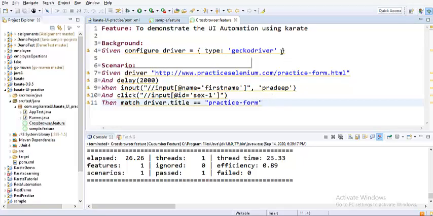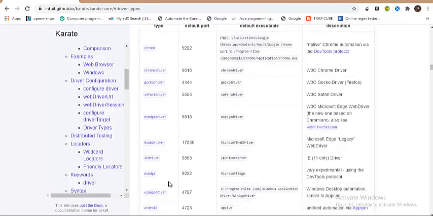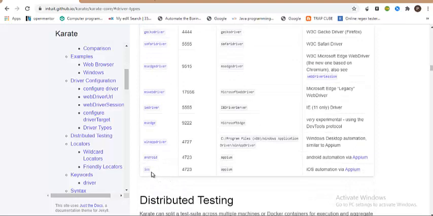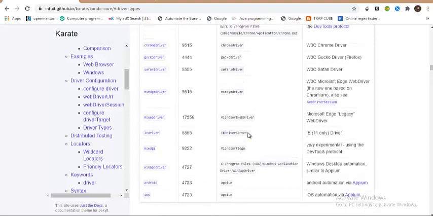And there are a lot of other parameters, like if in case you wanted to run your script in Safari driver, you can specify this thing. And if you wanted to run in your Microsoft Edge, you need to specify this particular keyword in the type. And you have seen there are a lot of types, so based on the keyword that you specify, accordingly that particular browser would be launched. So these are the two things which would be used for Appium when you are working with mobile automation, and you can also use for Windows desktop automation using WinApp driver, and for Microsoft Edge and IE driver server you can very well use that.